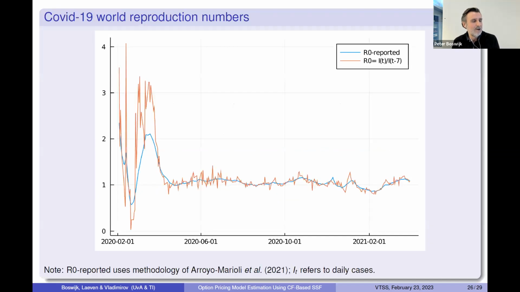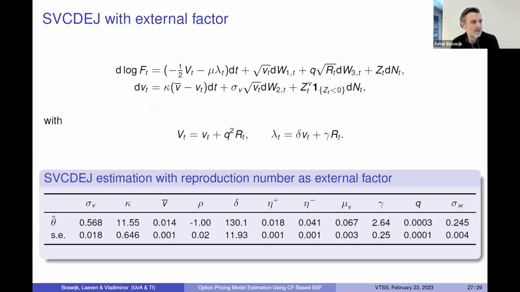So on the next slide, you see these reproduction numbers, two of them actually, but we use the red one. That's the less smoothed version, which is basically a weekly change in the number of infections. And then on the next slide, you see the model that we are now fitting, where we have an additional Brownian motion in the stock price, which is scaled by these R's. That means that the total volatility, capital V, is now the original Heston-like stochastic volatility plus something that is related to these reproduction rates. And similarly, the reproduction rate enters into the intensity, lambda,